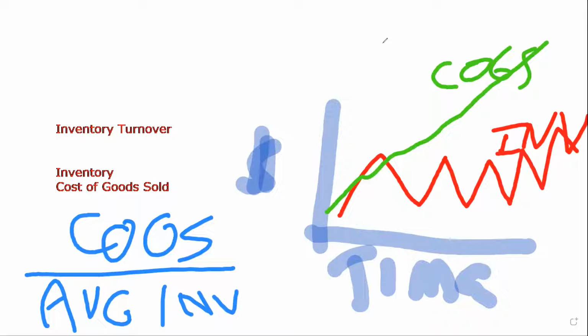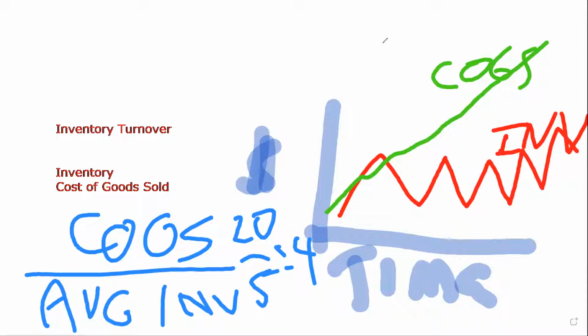So what's that tell me? If I have $20 billion in cost of goods sold and $5 billion in inventory, my inventory turned over 4 times that year. Every 3 months, I sell all my inventory on average. Now, I might sell some stuff in a week, and I might sell some stuff in 6 months, and I might have some stuff that never gets sold or that gets broken.